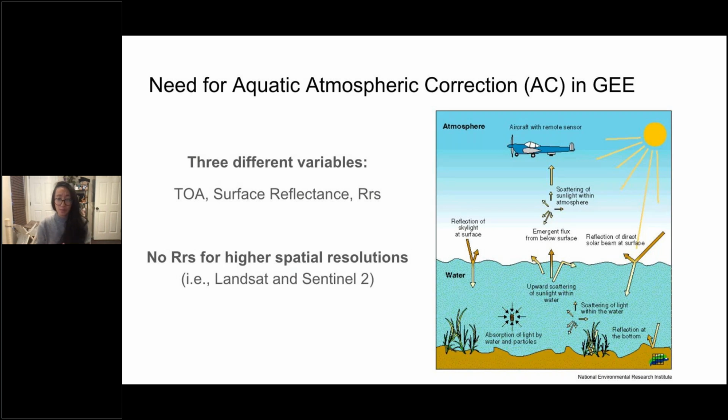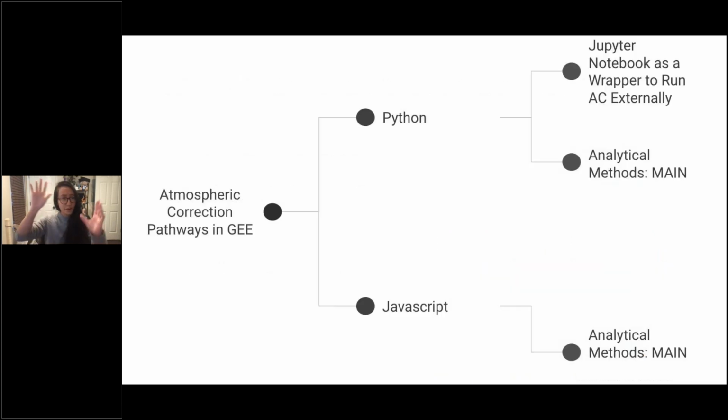And I know for a good chunk of people that might be your interest here, looking at inland coastal areas where it requires that particular product. So that kind of leads next into, if I was to make an atmospheric correction pathway on what exists in GEE,